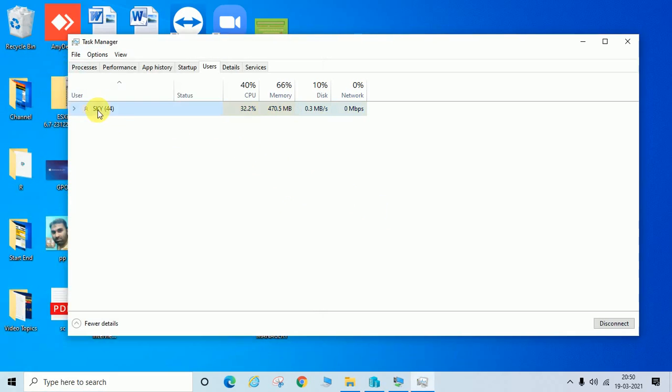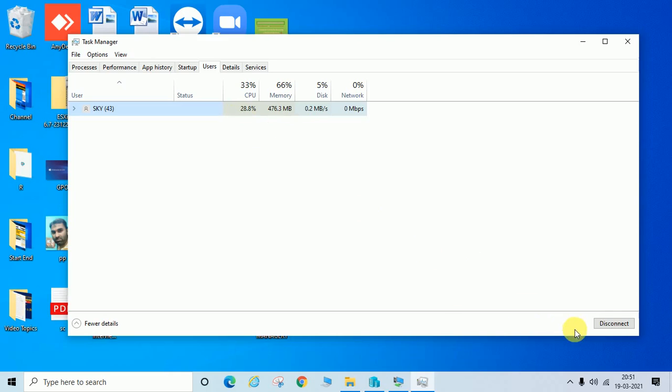So if I select this, it will show only disconnect. But if this PC is logged in or accessed by someone remotely, then it will show the log off option also. So if you want, you can log off by selecting the user. Once you select it you will see another option, that is log off.